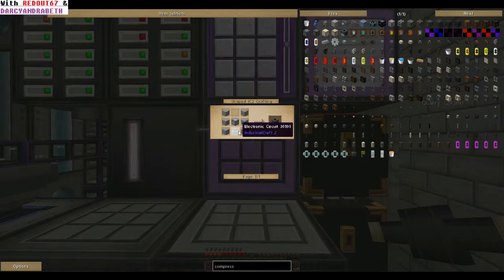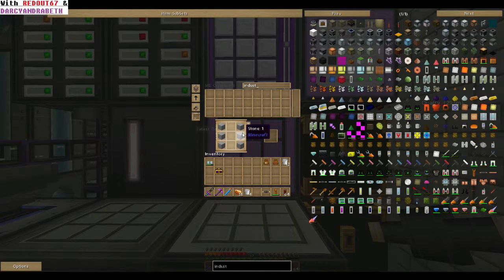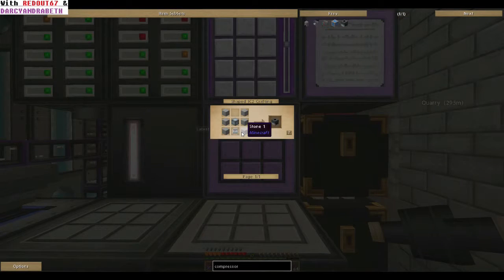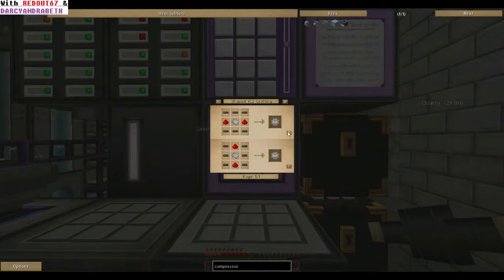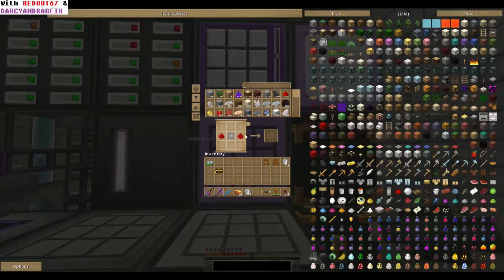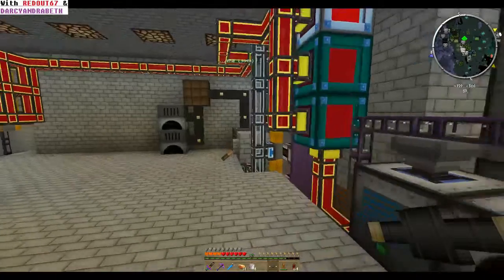Stone, electronic circuit, and a basic machine. Let's see if we can make that. Nope. So, where to go? Compressor, there we go. Let's get this. No, we don't have any copper, so let's go ahead and get that. Copper wire. Now we need to get some more, so let's go ahead and go over to our machine right here